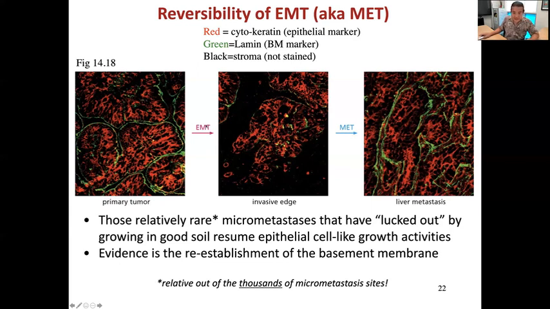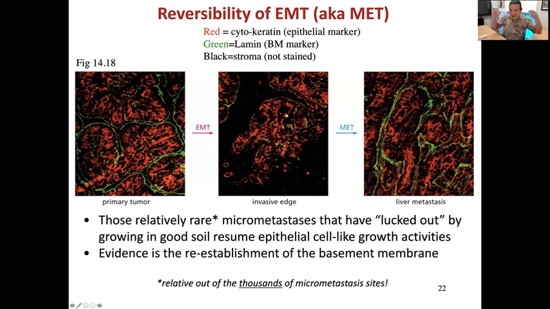So when they undergo EMT, they become invasive. You can see the basement membrane has broken down, and as the cells spread, they kind of lose the red staining. They become more black, because they are turning more into stromal-like or mesenchymal-like cells that allow them to be happy, spreading away from the original site, wandering through the surrounding stroma. And you better believe, even though you can't see it in this picture, there are many, many capillaries floating through here as well. So many of these cells are coming into contact with the capillaries.